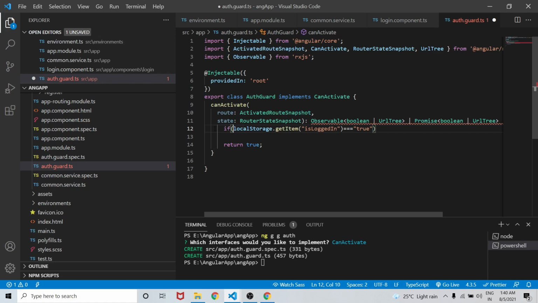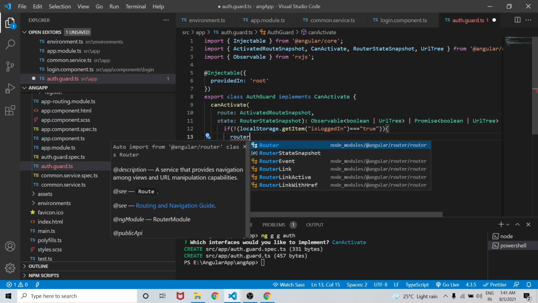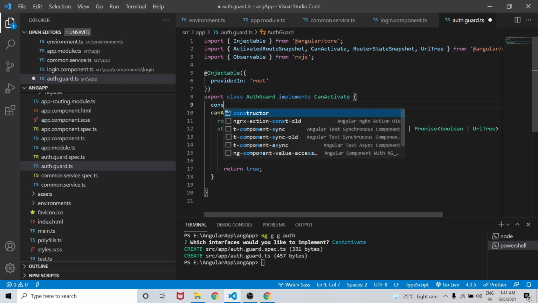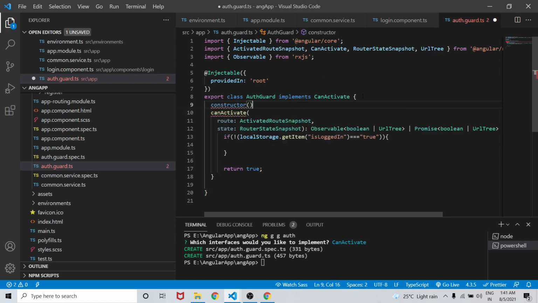So if localStorage.getItem isLoggedIn triple equals true, or we can add one more condition here, and let's add not, and inside the if condition we will write router. So before router we need to create a constructor here inside this class. So constructor, inside constructor we will write